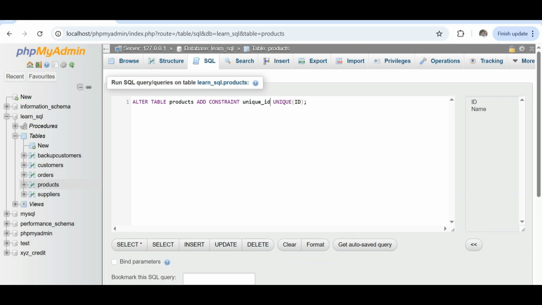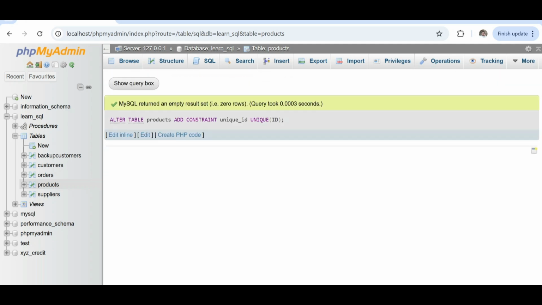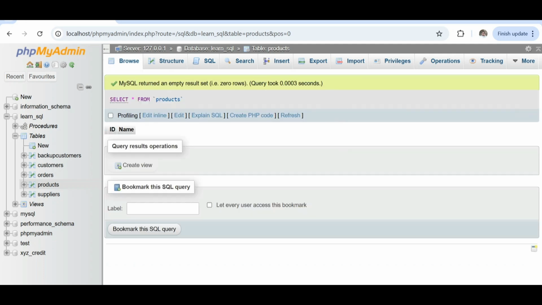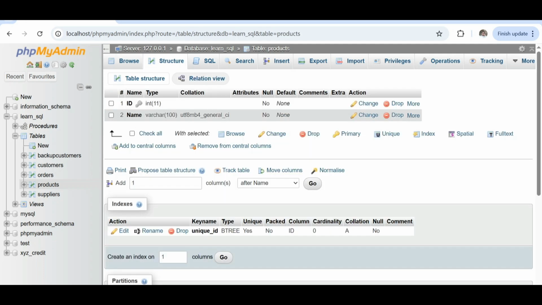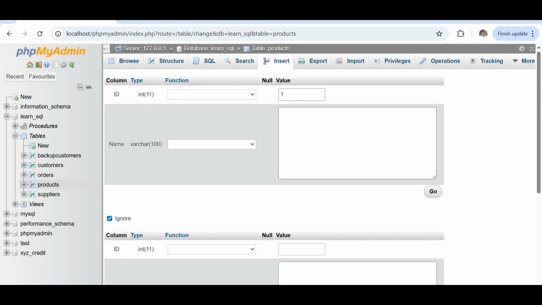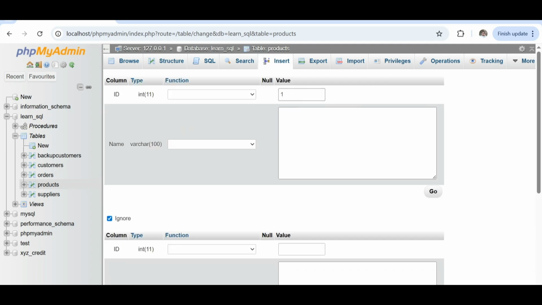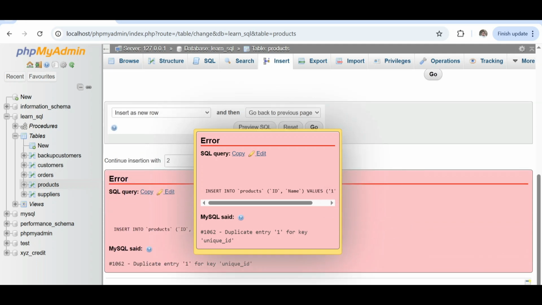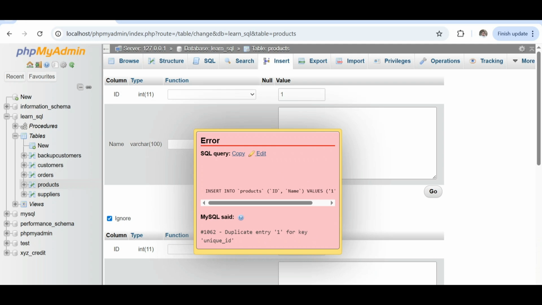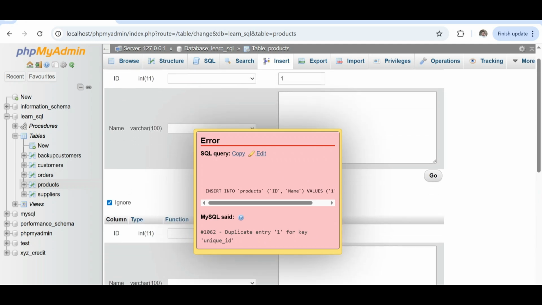No. Okay, and success. That is for a unique ID. So we cannot have the same ID just like before. I will use one and go. If I use one again, it will fail, and the message is duplicate entry 1 for key. It's because the one is unique, so it cannot be duplicated.